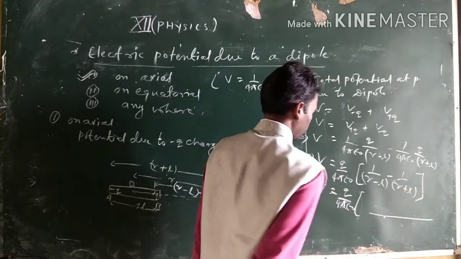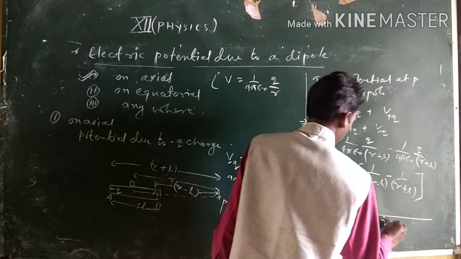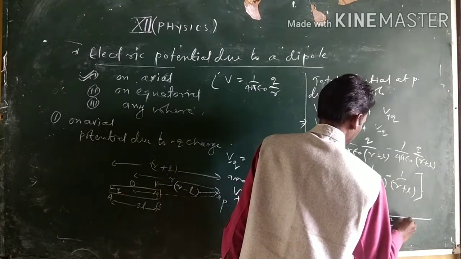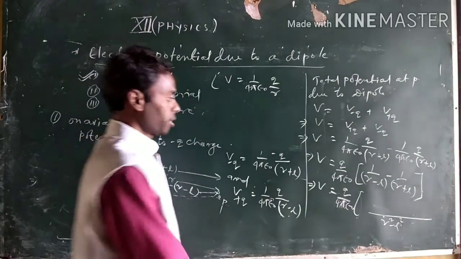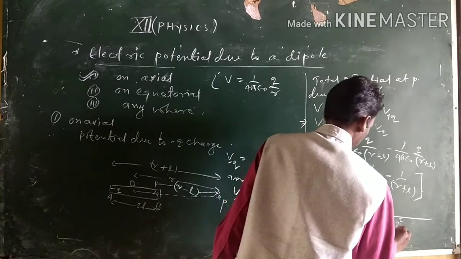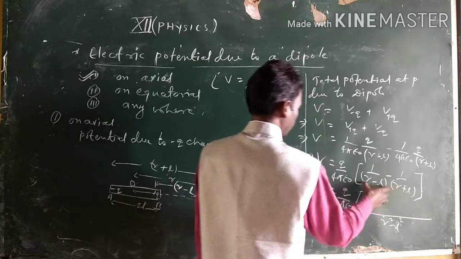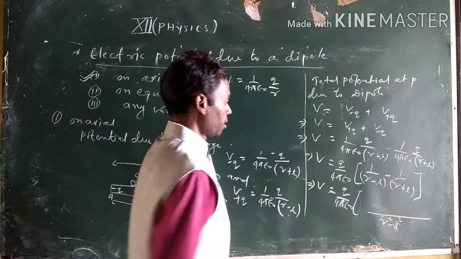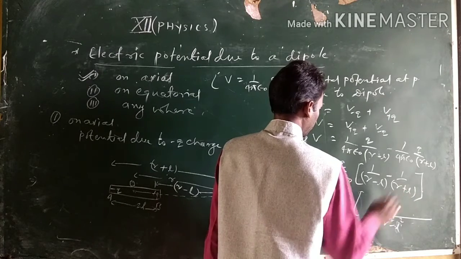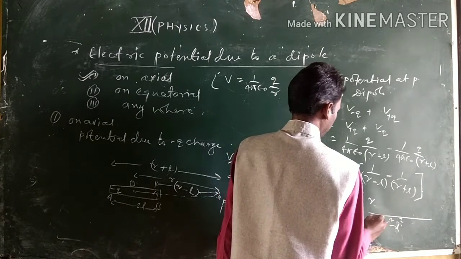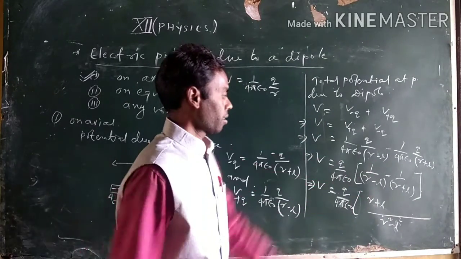We have to solve this one, that means (R minus L) into (R plus L), A minus B into A plus B, that is A square minus B square, in terms we can write over here. Okay, we have to divide this term from this R minus L, then the R minus L term will be cancelled out, R plus L will remain, that will be multiplied with this one, right?